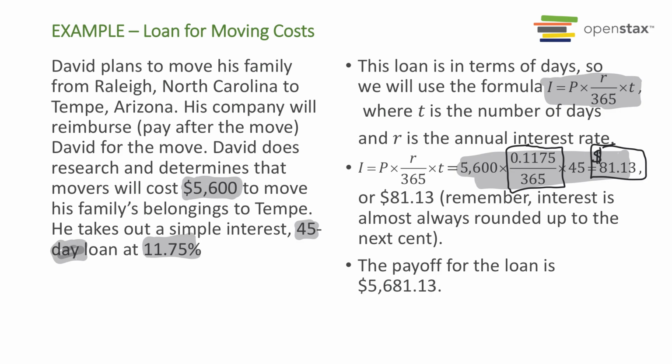And so the payoff amount would have been the $5,600 plus the $81.13, and that gives us $5,681.13. I would consider this sort of a short-term loan, about a month and a half. That's pretty short in terms of loans. Still pretty high interest paid, but